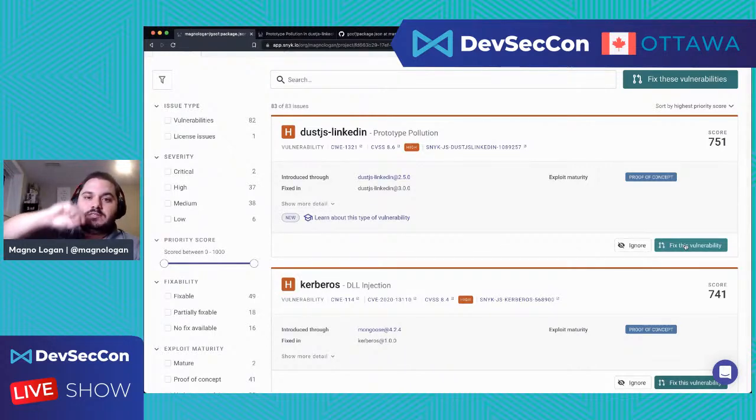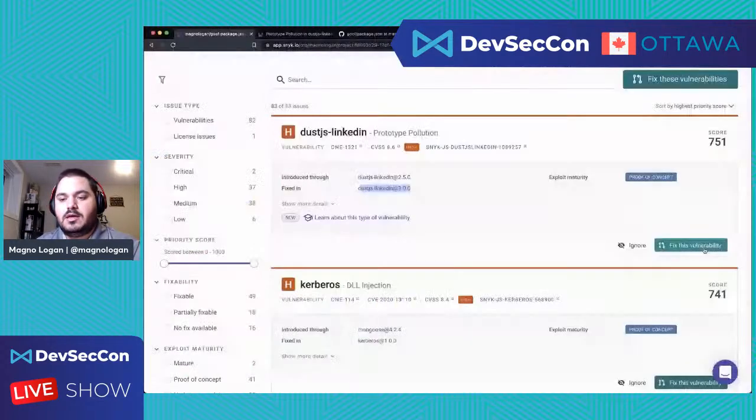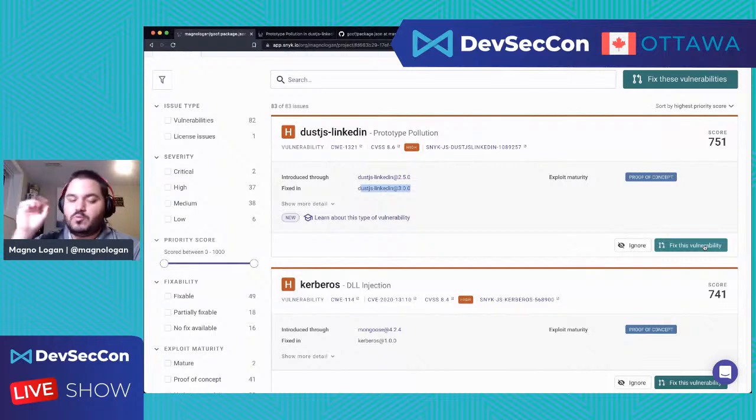Basically, this is going to open a pull request at my repo on GitHub, because Snyk has permission to do that, to update that library to the version that's specified here, from 2.5.0 to 3.0.0, right? And it's interesting to do that because once you update that library and generate a new build of your application, basically you're safe from that specific vulnerability in that library, right? So let's try that real quick.